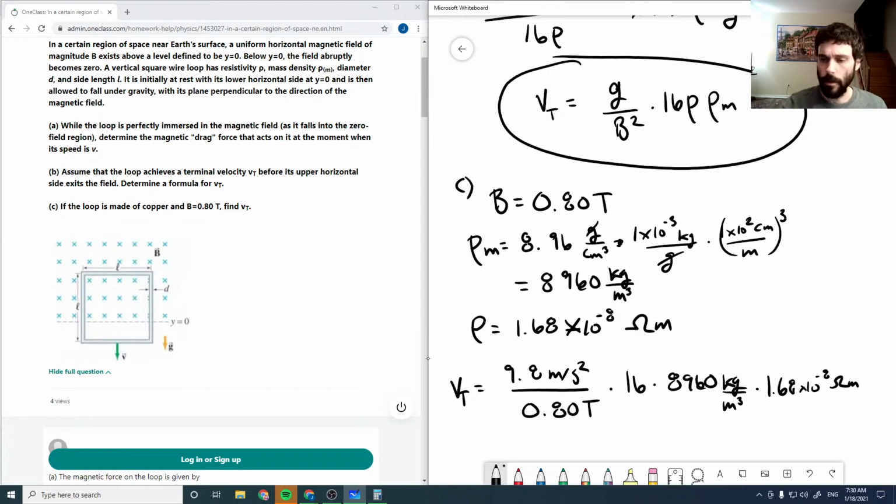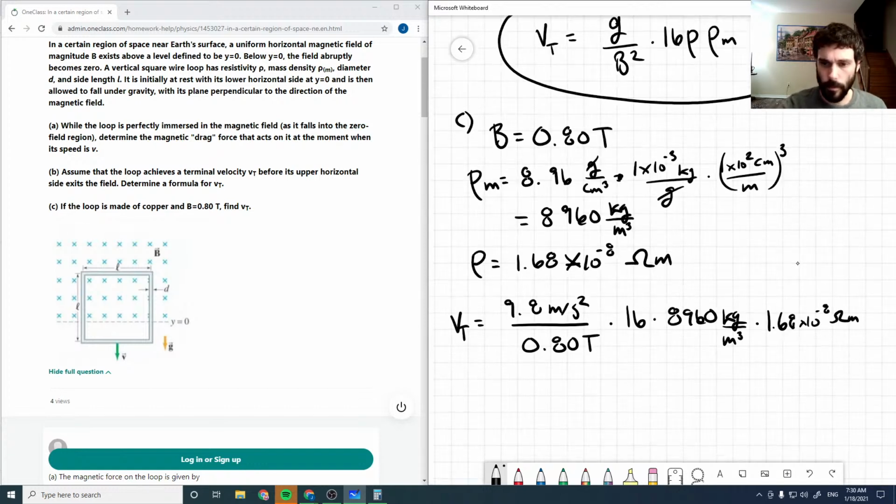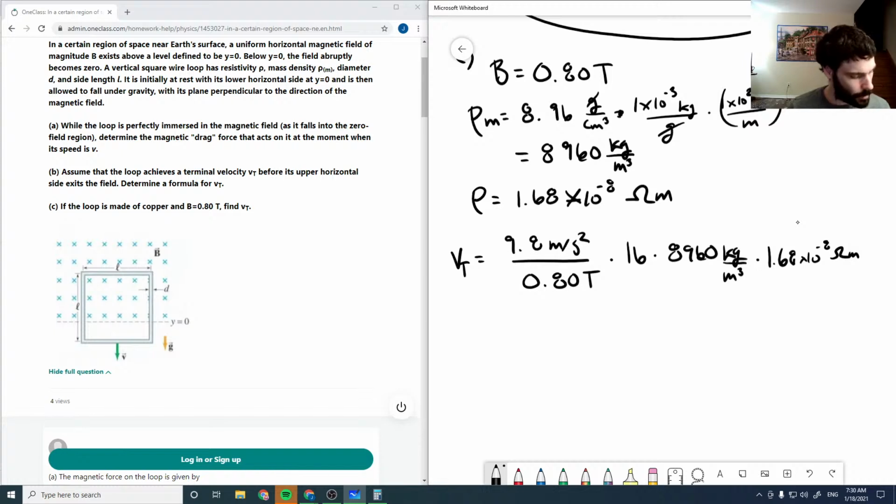And so the value comes out to be, this should be B squared, so that's squared, 0.0369,